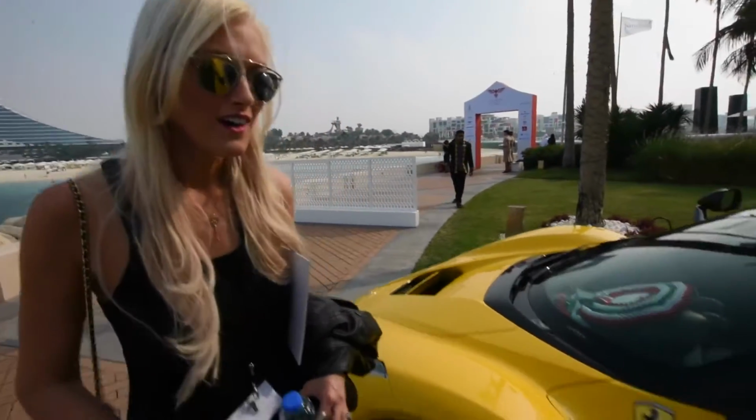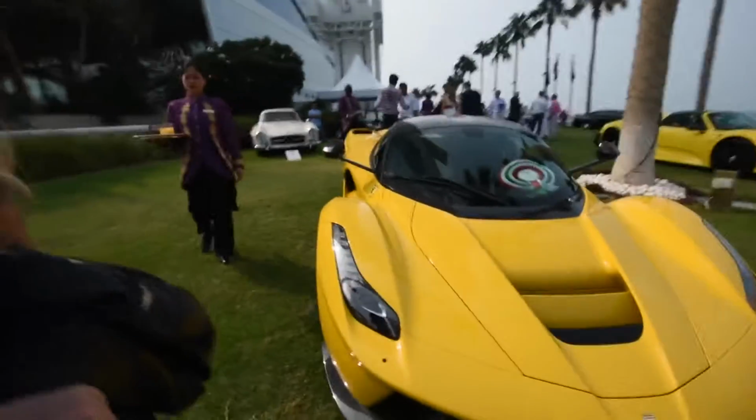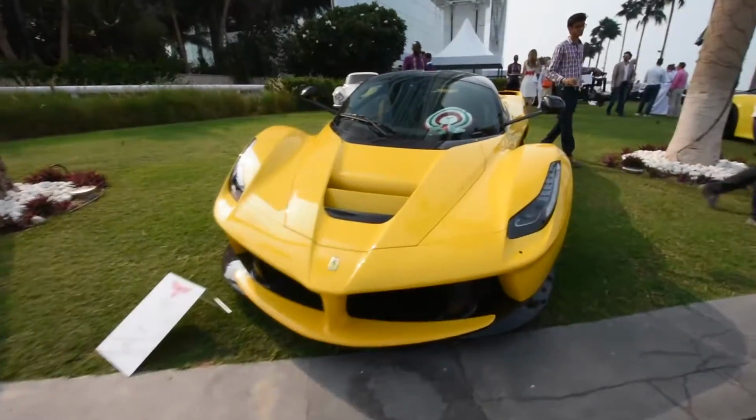This is the first car that you walk in and see, the Ferrari. I have never seen one this close before. This is kind of exciting. I can't believe I admit that to you, but I mean, look, we've got cars in Dubai, and then you got cars, and